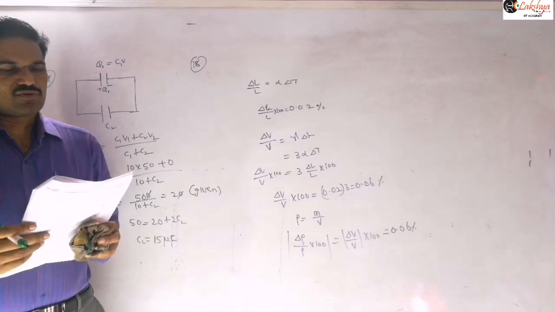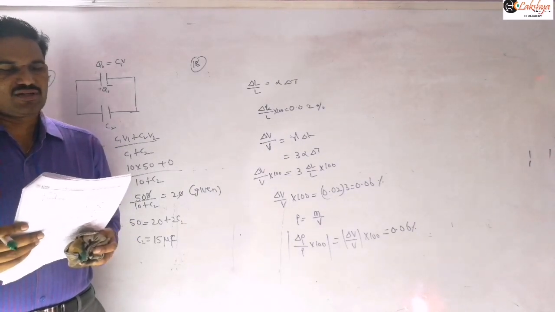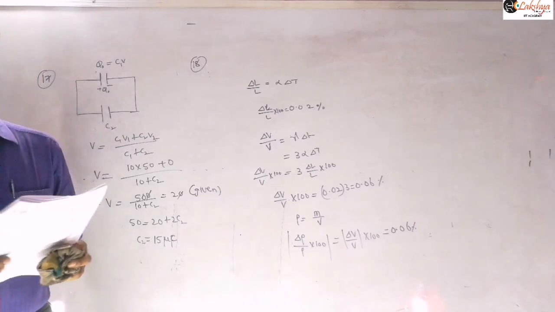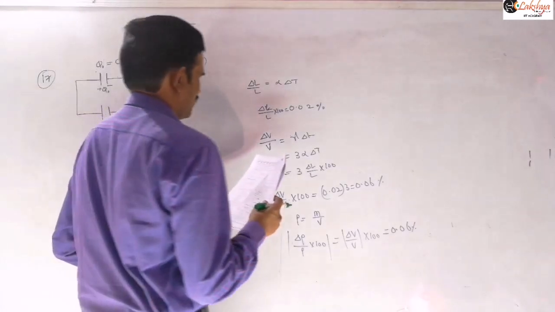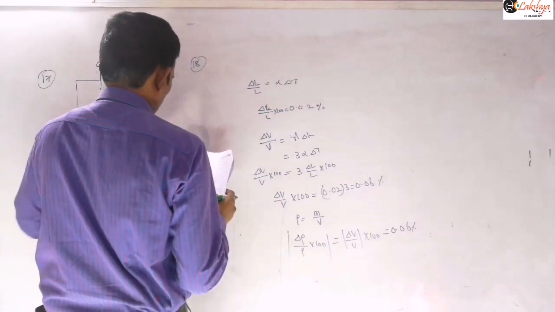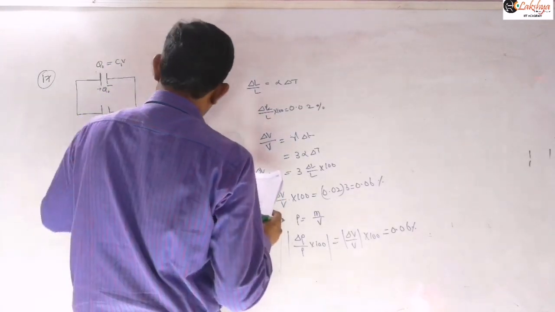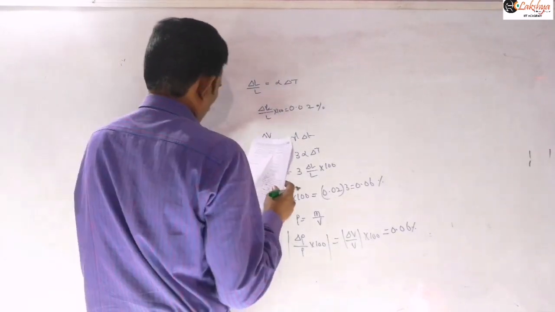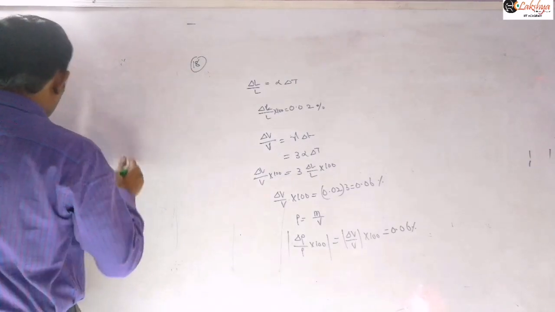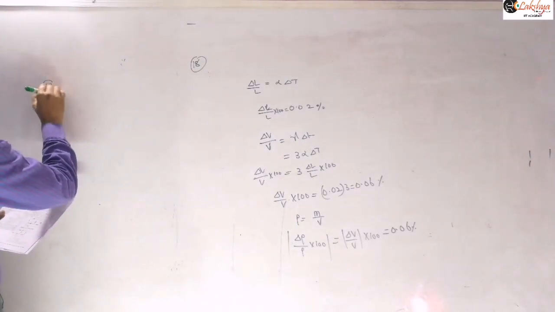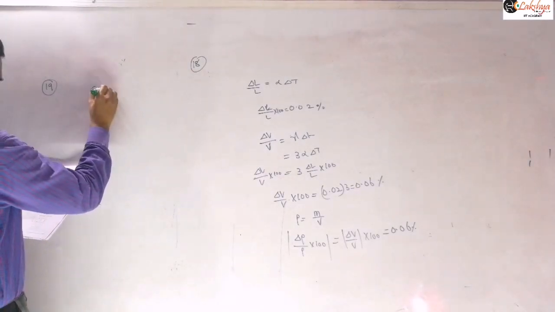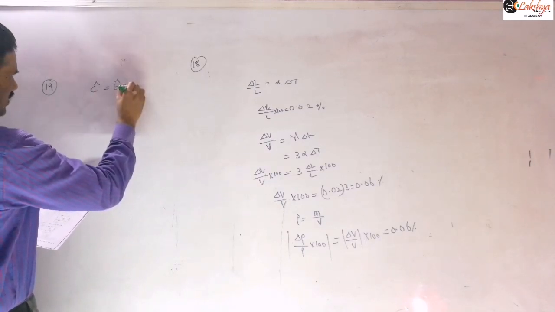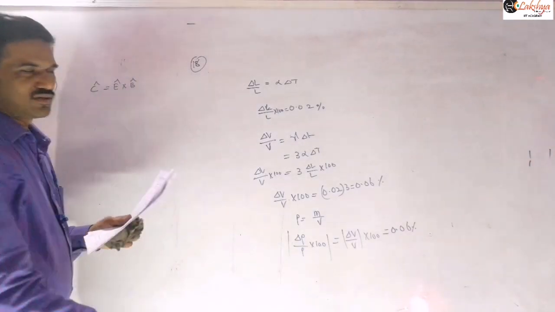And next, in a plane electromagnetic wave, the directions of electric field and magnetic field are represented by k cap and 2 i cap minus 2 j cap respectively. What is the unit vector along the direction of propagation of the wave? So you know the pointing vector, the direction of propagation of the wave is given by E bar cross B bar, right? So the direction of propagation is nothing but along E cap cross B cap.